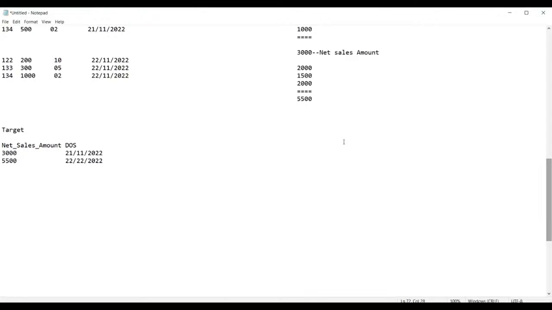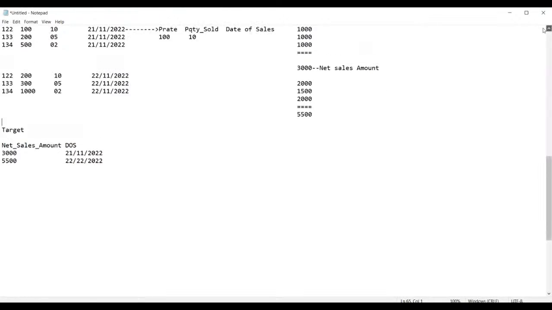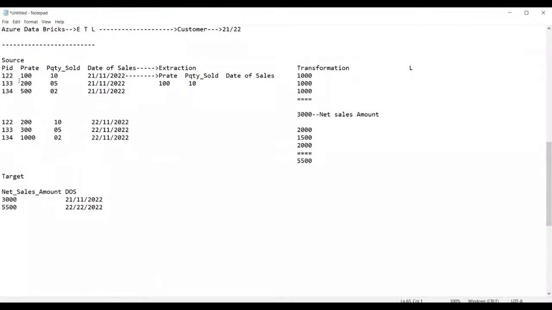Now, guys, this particular thing is called the output. Can you see what we have done? We have transformed this much data. This much data of two tables I have transformed into one table in a summarized manner. So you can report this data to the customer, stating that this is the difference of sales between the 21st and 22nd day of November 2022. Am I right, guys?